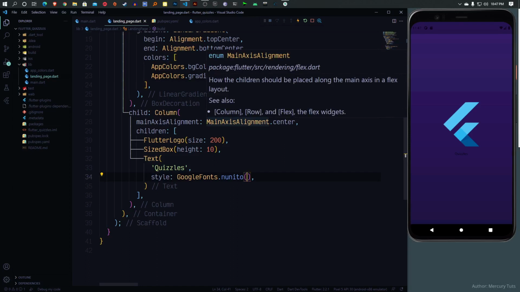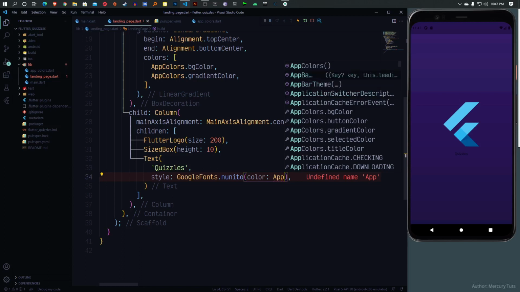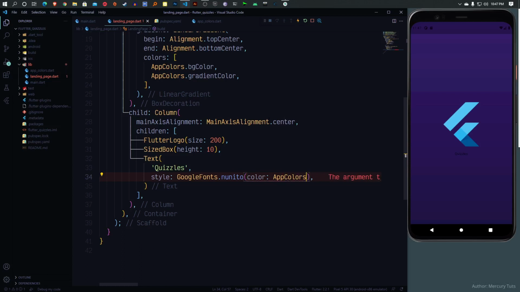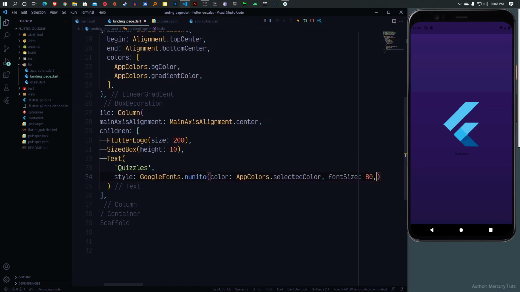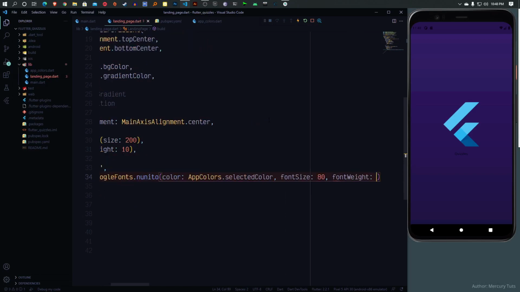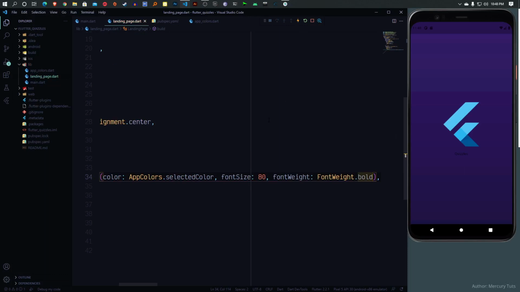So the color of this font, we are going to pick it from our app colors. Okay, so that is going to be the theme here. So our app colors dot, and we are going to use, I call it the selected color, and then we are going to continue with the font size, so FS and 80, and we are going to go with the font weight. So I'm just using FW for font weight. It's easier than to type the entire thing. And we are going to use font weight, the bold, just like so. And I put a comma there, and let's